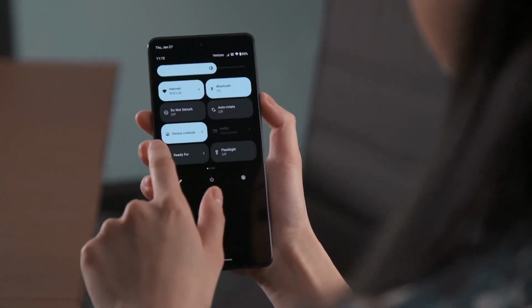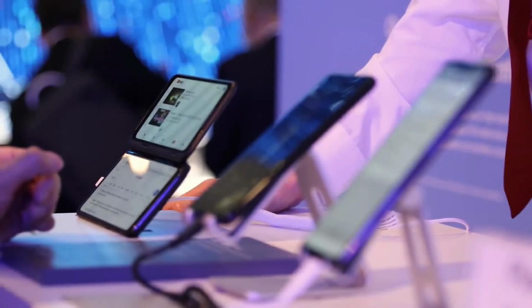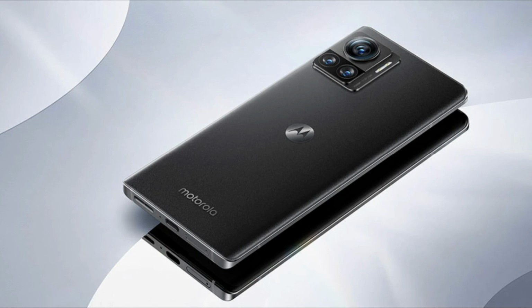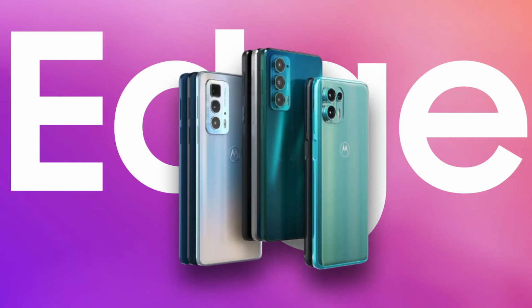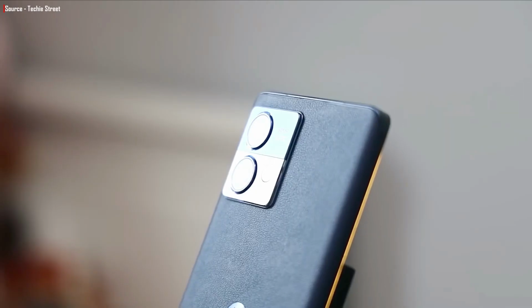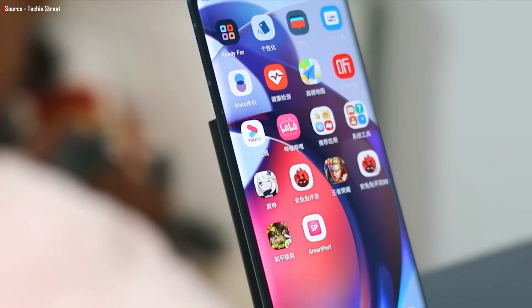So hey everyone, recently Motorola unveiled a number of smartphones in China including the Razr 2022, the Edge X30 Pro, which will be known as the Edge 30 Ultra internationally, and the Moto Edge S30 Pro. As a member of the Edge line, these phones are anticipated to see a large distribution. And I'm really excited for the Moto Edge S30 Pro because it has some awesome features and the price will